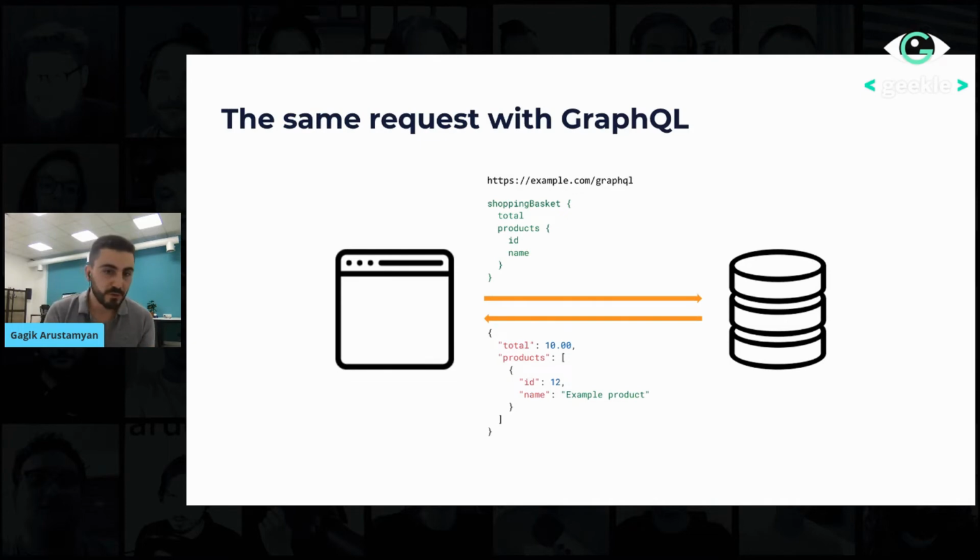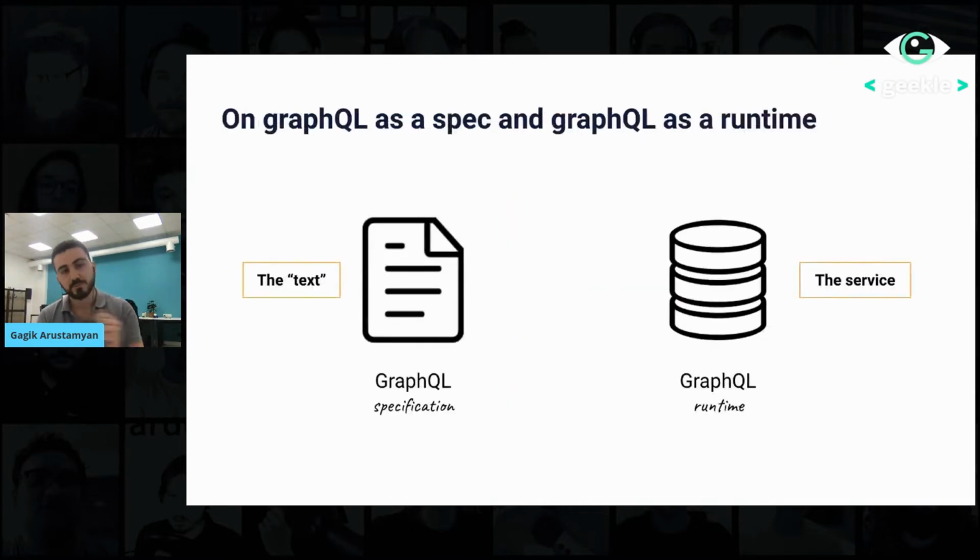GraphQL, on the other hand, allows you to specify exactly what you want to get from your backend and magically add and remove any relations to other data. We'll get to that magic in a bit, but this already seems a great deal of improvement over conventional request and response. And before we move forward, it is important to set this straight: